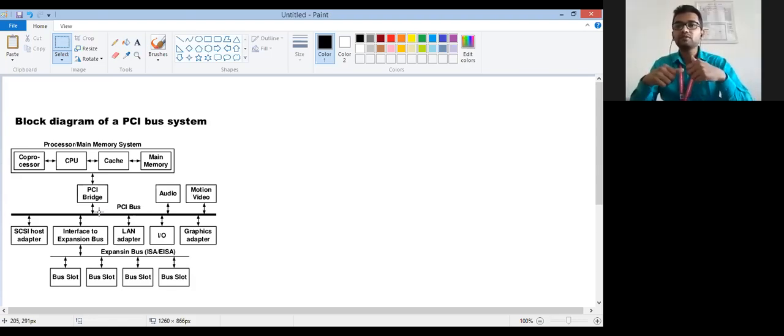Most of you have already seen that SATA cable, that bus bar cable present in the laptop or GPU. That is the PCI bus. It is a parallel bus. That bus can be 8-bit, 16-bit, 32-bit. Nowadays, a 64-bit bus is also available because the speed of communication has increased and the bit size of programs has also increased. Now 64-bit processors are present, so 64-bit data can be processed by the processor at a time. So the size of the bus has also increased. This is the PCI bus.